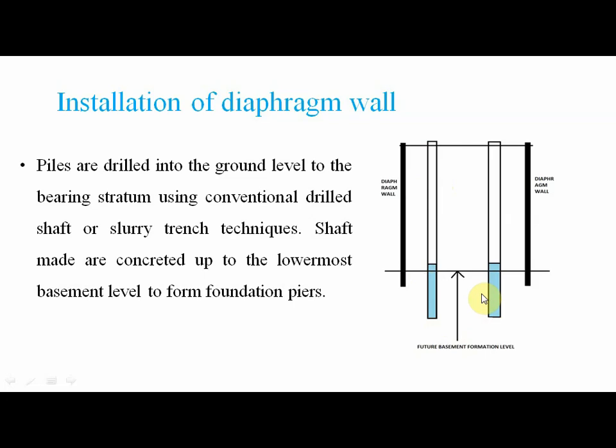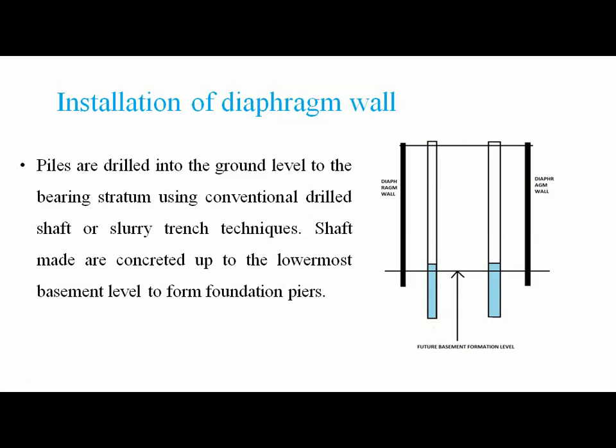See, here will be the foundation of this structure, and from this ground level to this foundation you are going to construct a number of basements as per the requirement of the structure. It may be 2 basements, 3 basements, 4 basements. You can go up to 4 basements also for parking, underpasses, underground. So here will be the ground level, and this is the basement formation level, or this is the exact foundation.